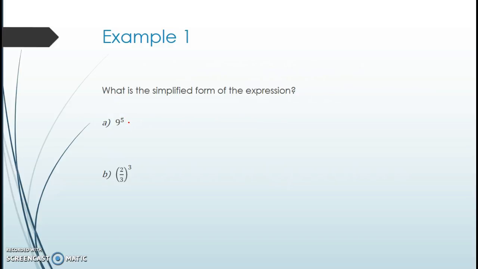And the thing about exponents is it just represents repeated multiplication. So we have 9 times 9 times 9 times 9 times 9. So 1, 2, 3, 4, 5. And so then when we take 9 to the 5th power,